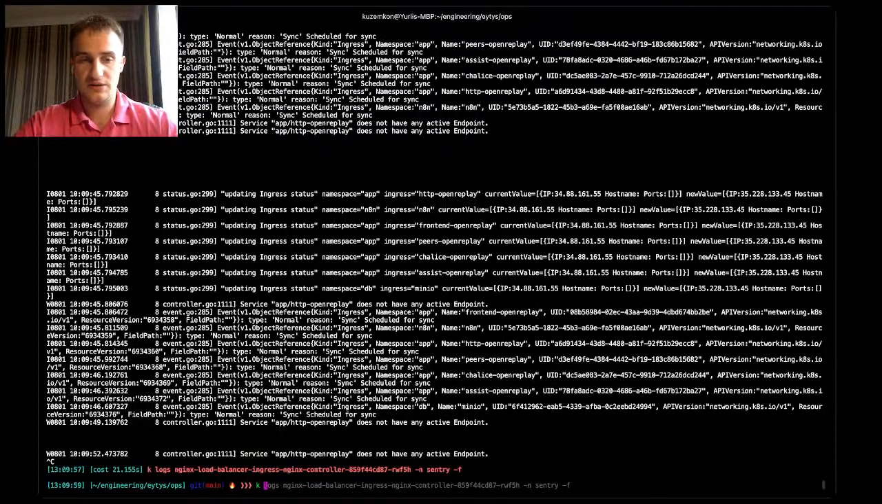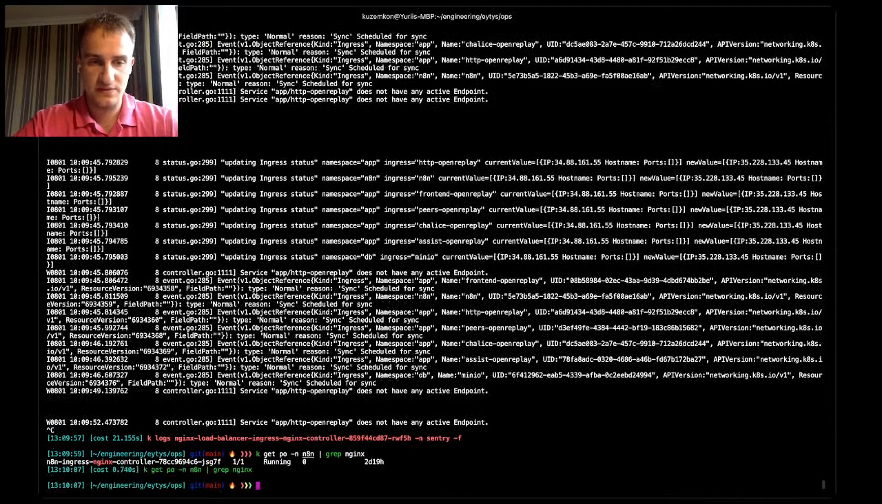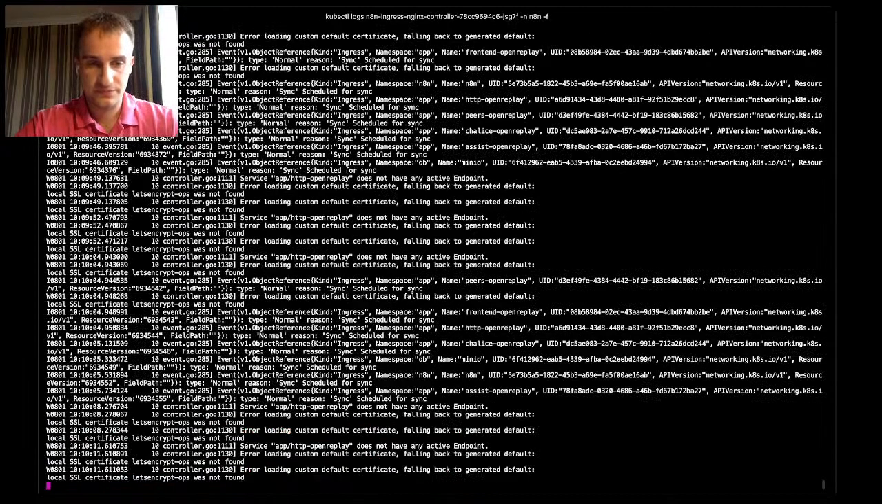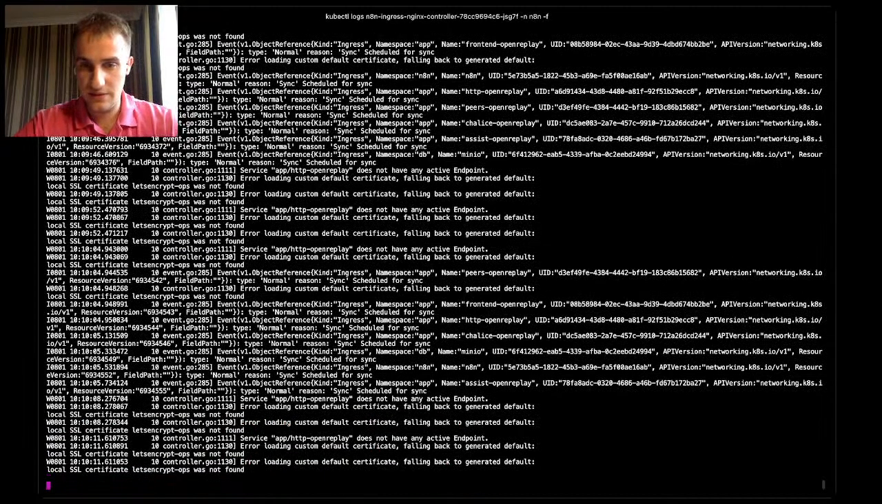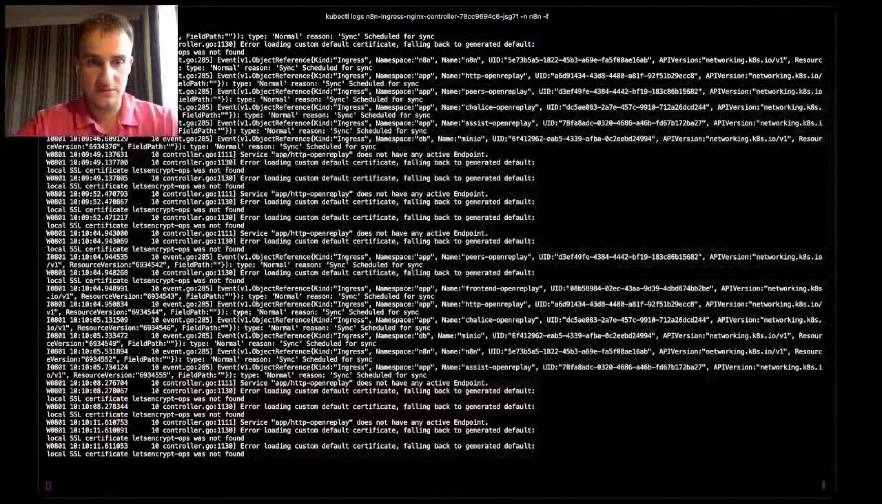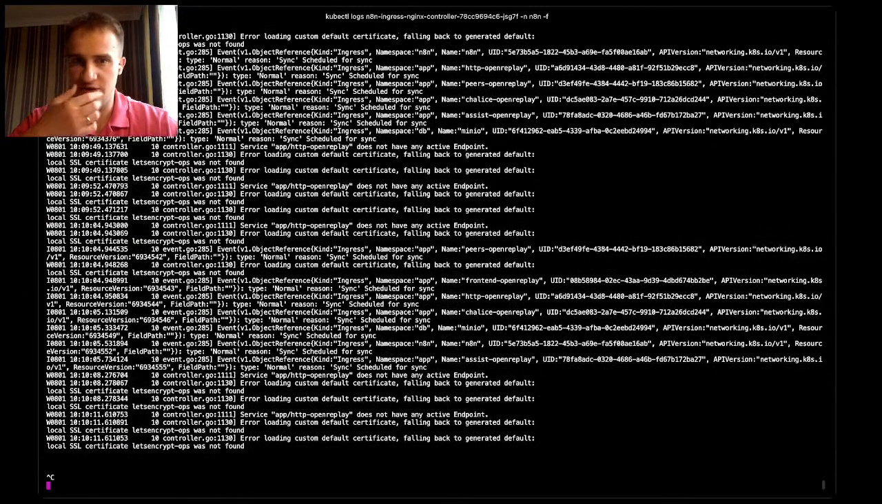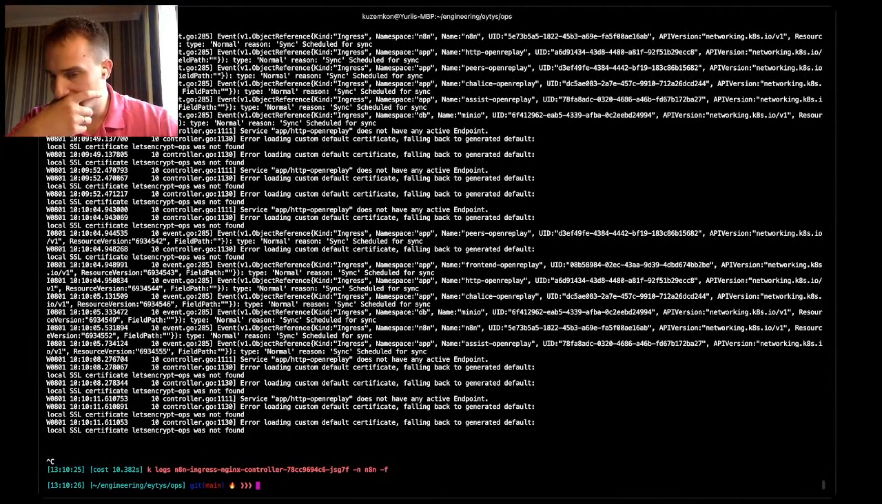So kubectl get pod namespace NAN, then grep Nginx. Alright, so in here we can do kubectl logs namespace NAN follow. Okay, so here we have some issues loading custom certificates, and it doesn't produce any logs here as well. Okay,